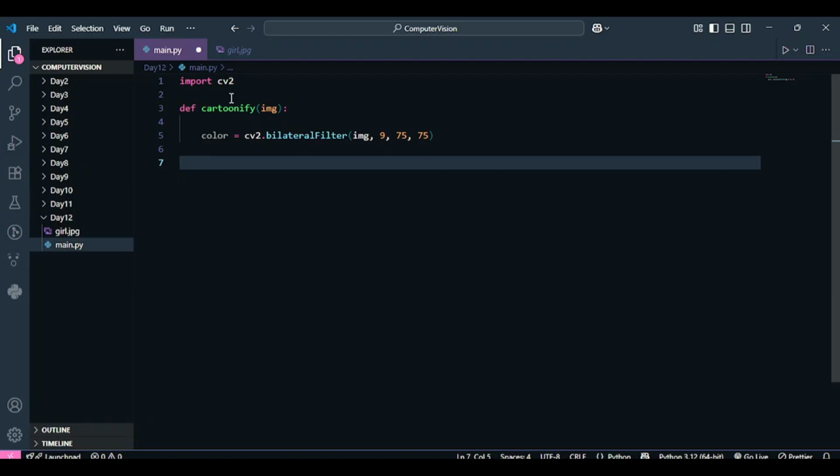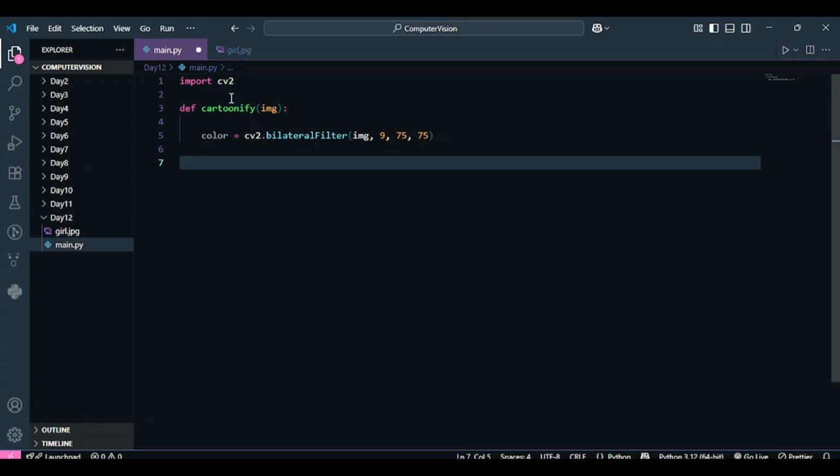The next thing I'm going to do is, as you've already seen the result that we are trying to achieve, the edges are quite prominent in a cartoonified image. To give the cartoonified effect, the edges are very prominent. So to do that, we will apply a threshold on our image so that we can detect the edges. But to detect the edges or to apply the threshold, we first have to convert our image into a grayscale image so that it's easier for us.